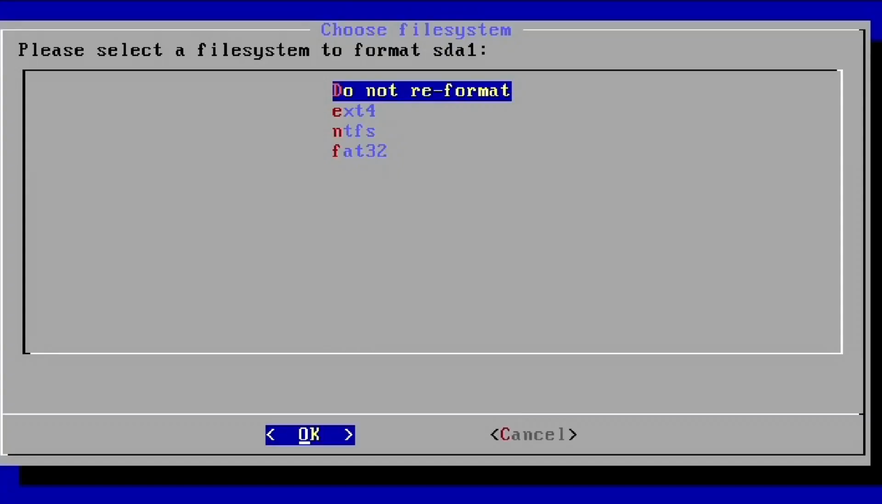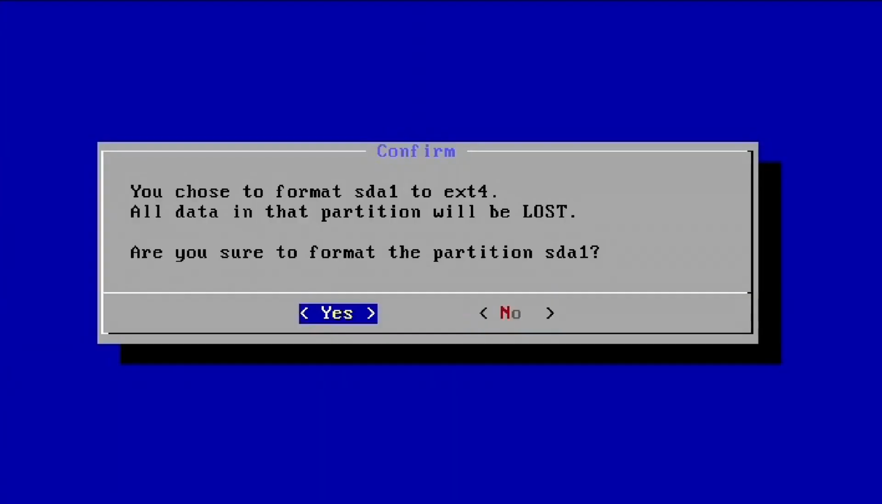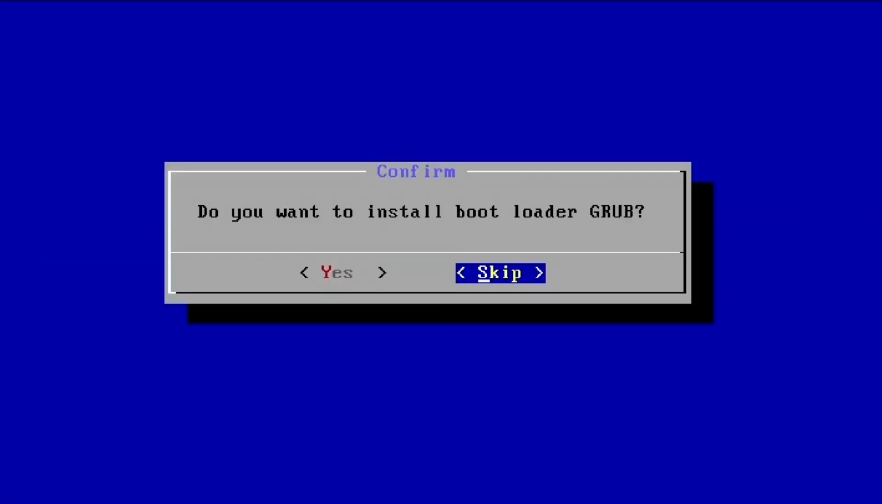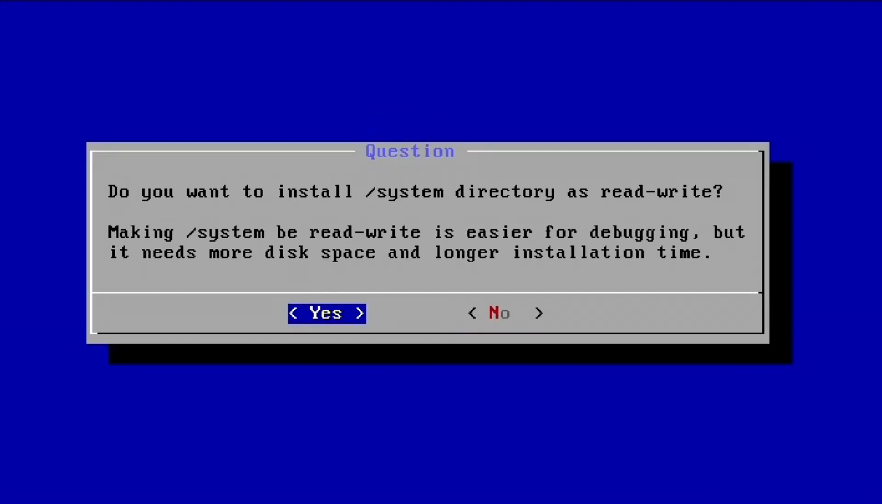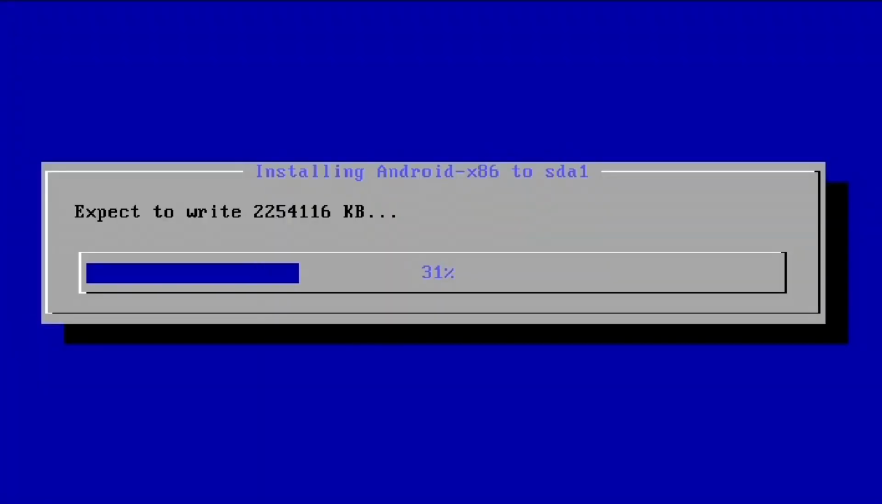We're going to say that we want to format it. We're going to format it to ext4, so just give it a second to do that. Now we're going to say we do want to install the GRUB bootloader. Press Enter right there. Just press yes. This option doesn't really matter whether you do yes or no. I'll just do yes. Now just give it a second to do everything it needs to do to install the